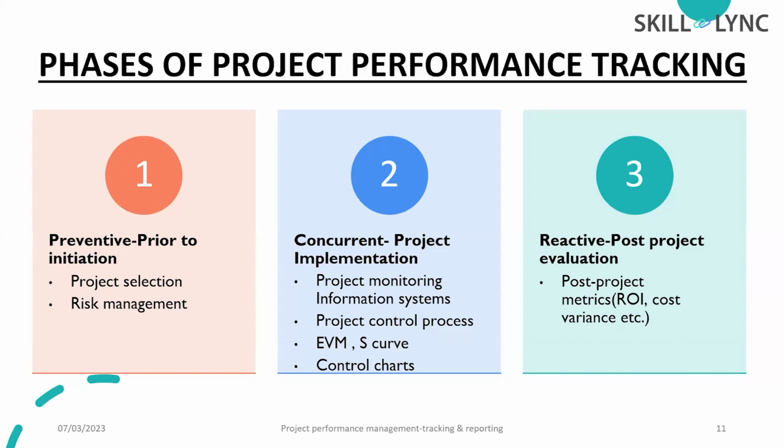So that is the first factor as a civil engineer we need to consider: choose the right project. If you are thinking from a profit point of view, there will be multiple proposals coming to your company, but we can't choose all the projects. We need to sort a few, and only those projects that we think can be done by our company will be selected. So that is the first part. And along with that, we have to do risk management. We have to anticipate the possible risks, consider them, and take the possible measures for them. So that is the first part, the preventive one.